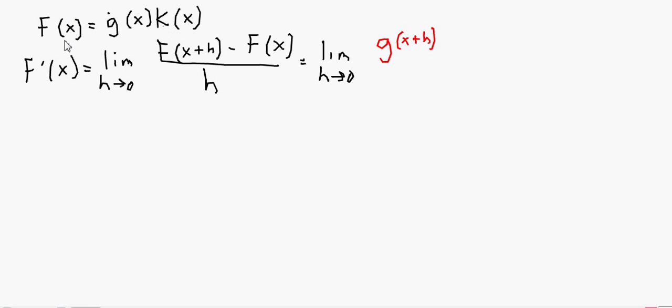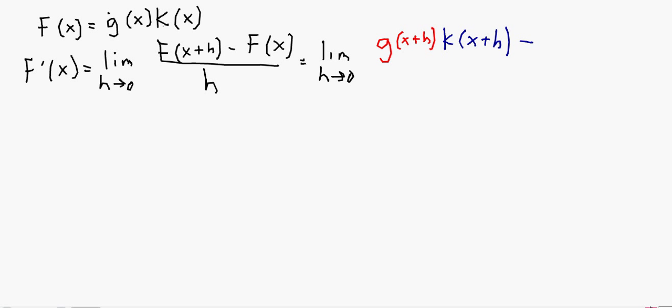I like using H because FGH. It doesn't matter. K, there we go. So our next function, we'll do him in blue. So now it's going to be K of X plus H. And all that is F of X plus H, because F is G times K. So G of X plus H, K of X plus H